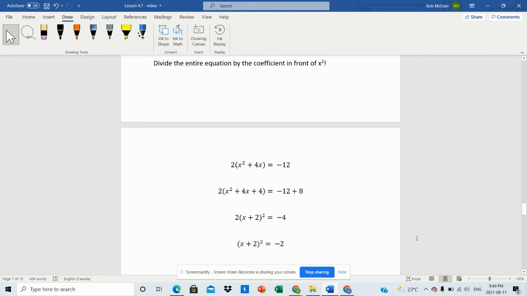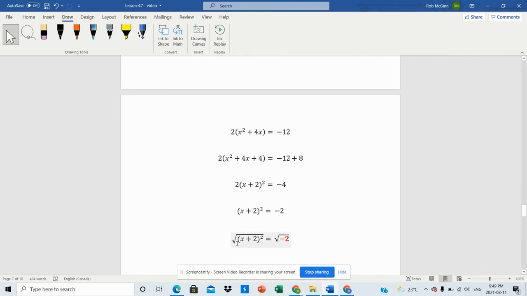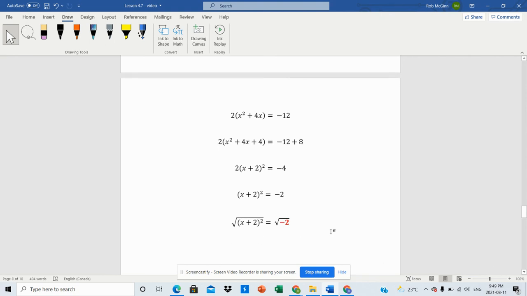Now I'm going to take the square root of both sides. And you might already see the issue we're going to encounter. Square root of x plus 2 squared, that's just going to become x plus 2. But that's equal to the square root of negative 2. And I highlighted that in red because we cannot take the square root of a negative number unless we want to get into imaginary numbers, which we're not going to get into. So, what does this tell us? Well, we've got the square root of a negative number. We can't do it. That means that there are no